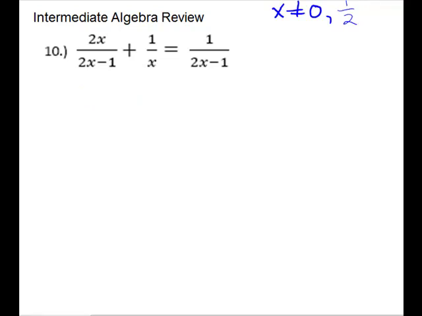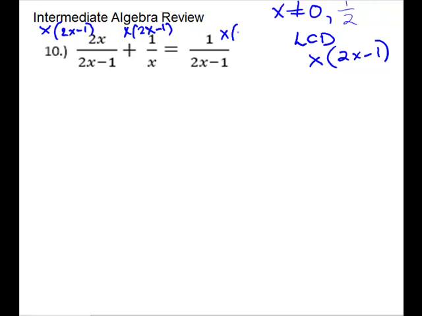Now we take our LCD. For our common denominator, we have to cover all the types of pieces. And we have a 2x minus 1, and we have an x. Those are different, so we will need both of those for our common denominator. And we multiply all the way through by both. Then we clean up. The 2x minus 1 will cancel, so it will leave us x times 2x to give